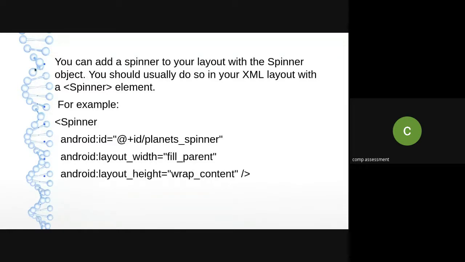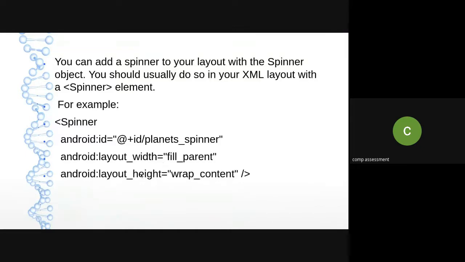Now when you select that object on your layout, automatically the code or the default attributes of that particular spinner widget will be there in your activity layout text file. So which default attributes will be there with my spinner? That is the ID, layout width, that is fill parent or match parent, and height.